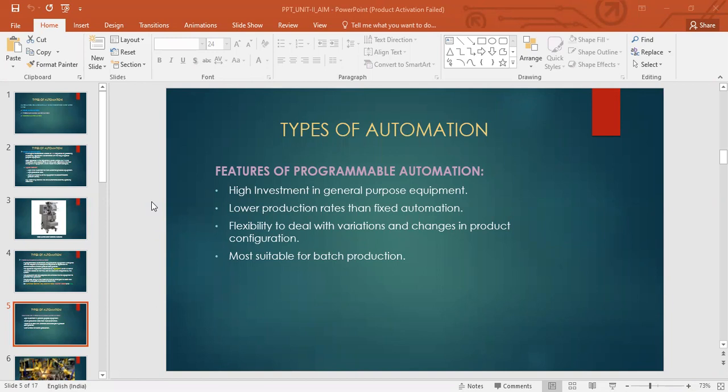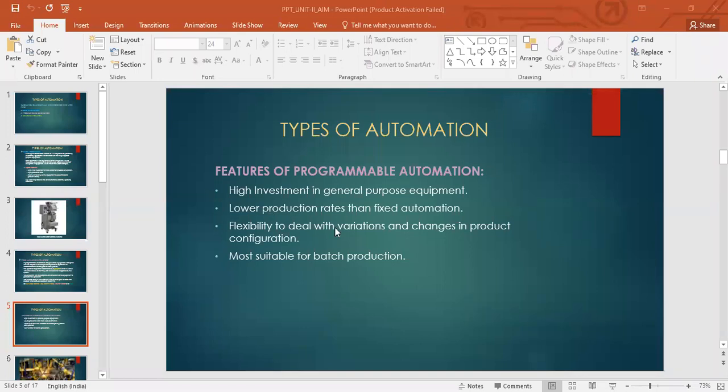We manufacture in batches, 20 products of one batch, 100 products of another batch, each batch having its own product with its own design features. So it requires a high investment because it's a general purpose equipment able to manufacture different kinds of designs.